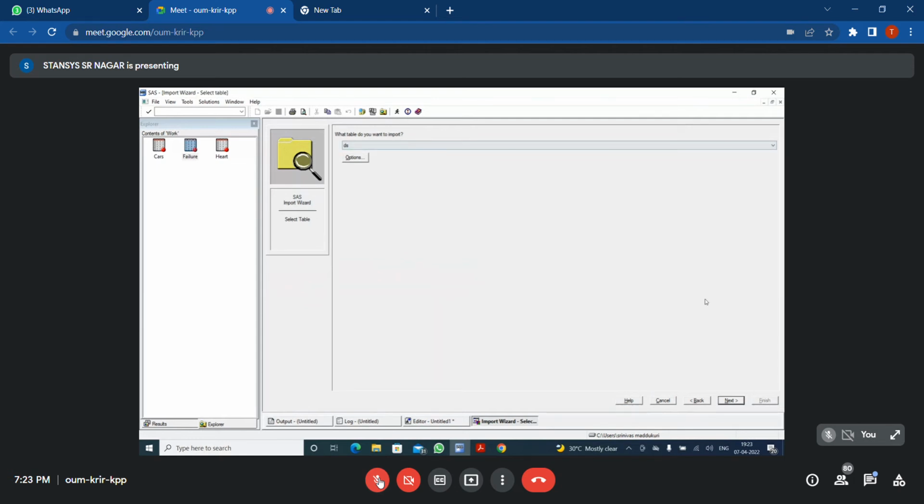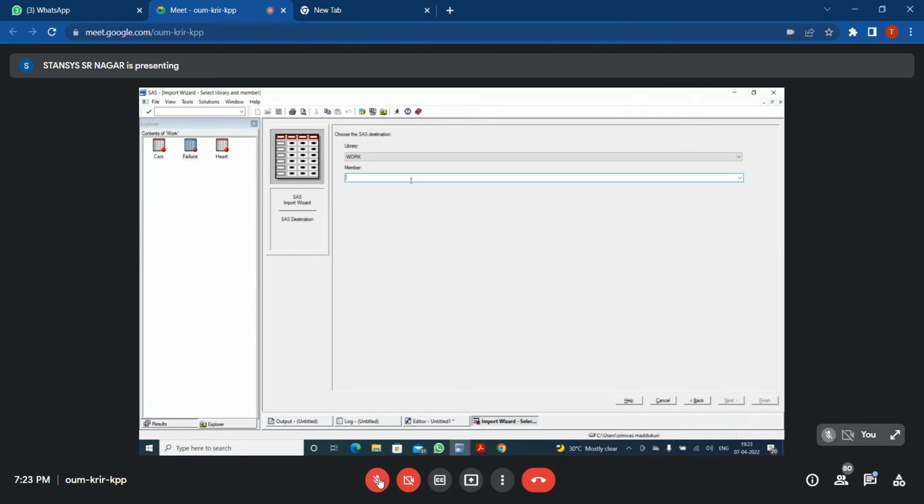Then it will ask you the sheet. Yes, in the Africa Excel book, we have a sheet called DS. Next, I want to have it as Africa. These are the sheet. If you want to save the code, next,